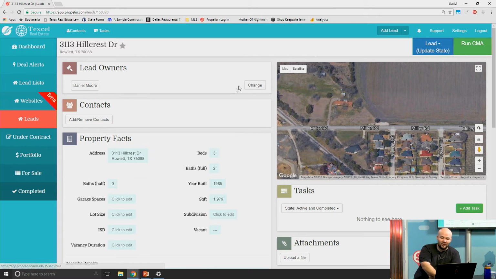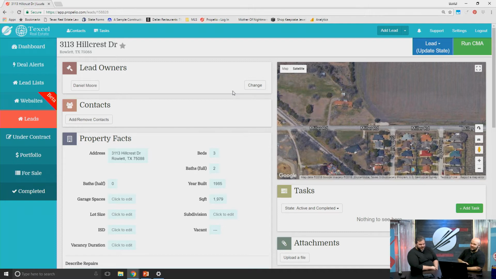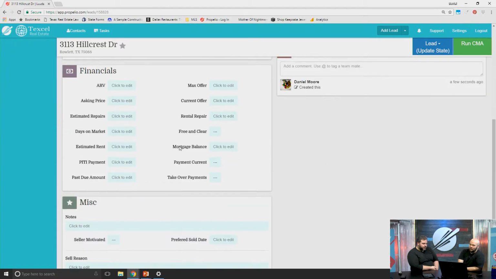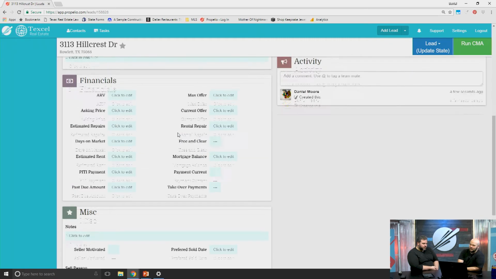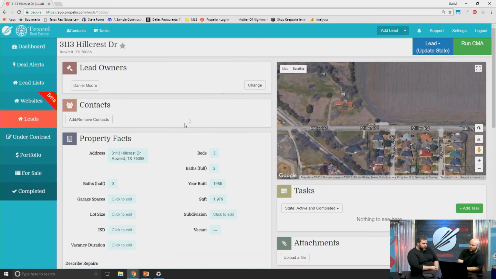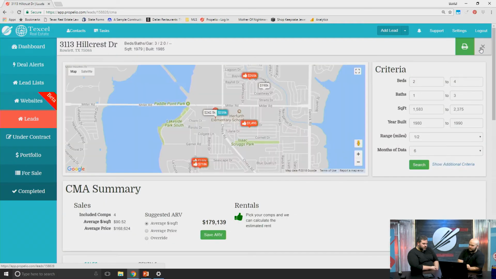So, all right, really fast, I was able to quickly determine who owns the house and what the tax records say about the house. I've been able to get a quick street view to determine what types of houses I'm looking for. Now it's time to run comps. And when I'm running comps, I need to make sure that I'm using like for like sales. So I'm going to come up here and click this button, run CMA. Now there's a lot going on here on this screen, and we're not here today to talk about how Propelio works, but I'm using Propelio to pull this property. I'm going to click run CMA.